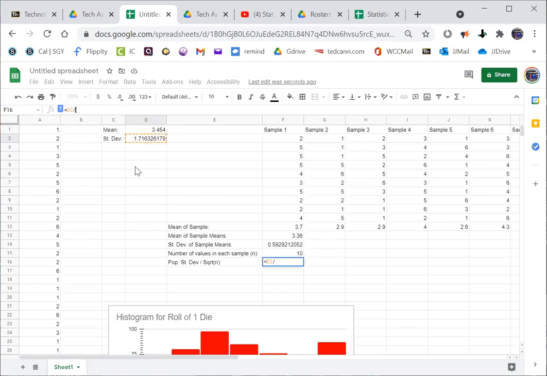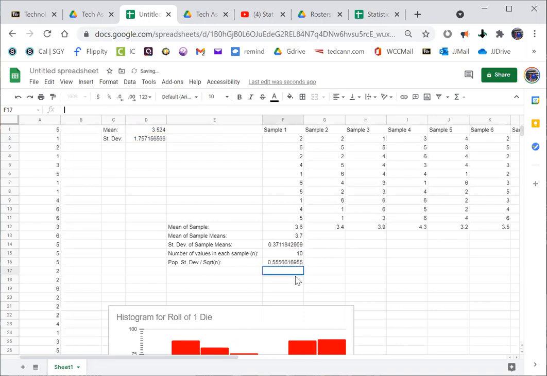Now, you could use the square root function, SQRT, or you could raise it to the 1/2 power. It's really up to you, but SQRT seems to be popular enough, right? And so if you take the square root of F15, which is where we put the n value, you get